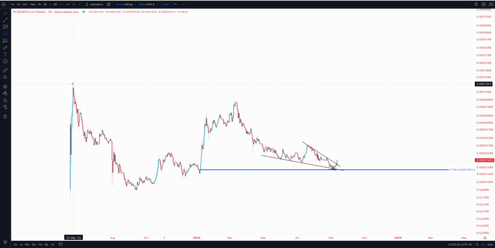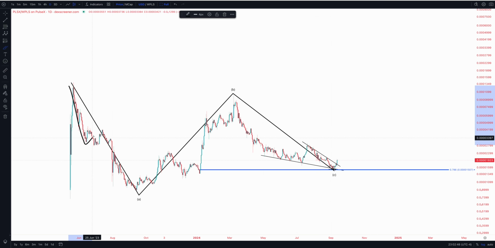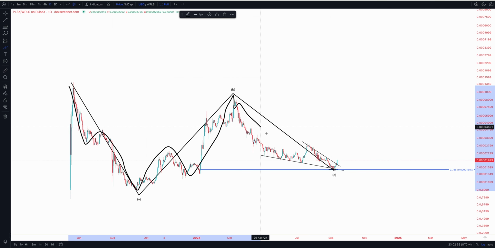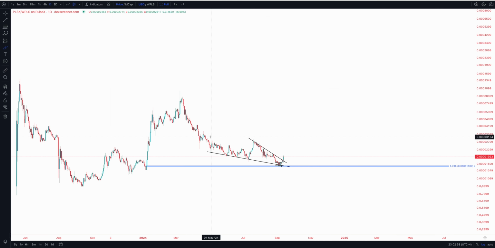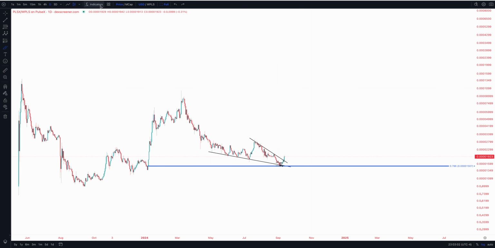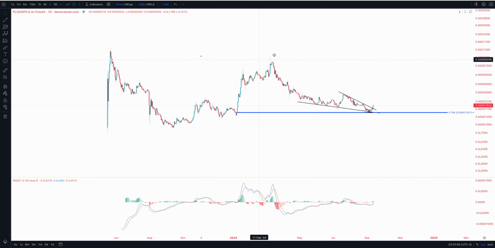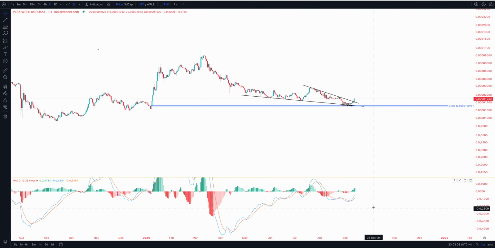Because this over here would be your A, your B, and then your C. You have a 3 down in your A, 3 up in your B, and then a 5 down within the C wave. Okay? So it looks like we're breaking out here off of the 786, and we actually see the MACD is turning up here on the daily time frame. You guys see how the MACD has now turned positive,